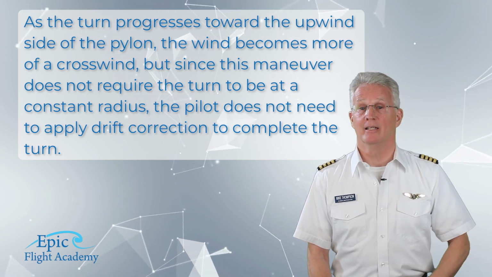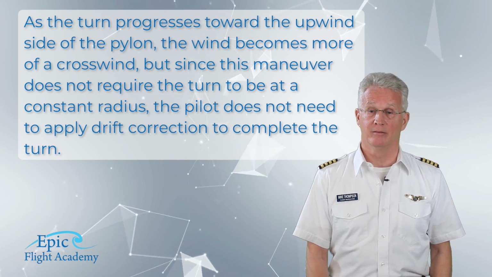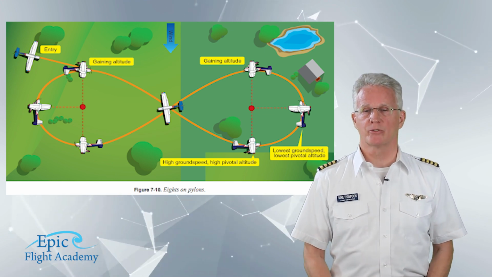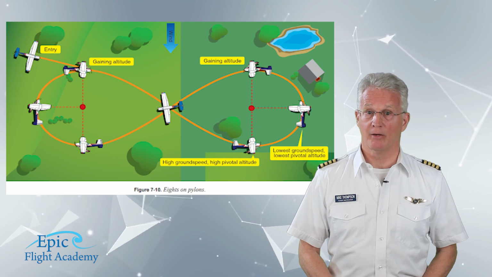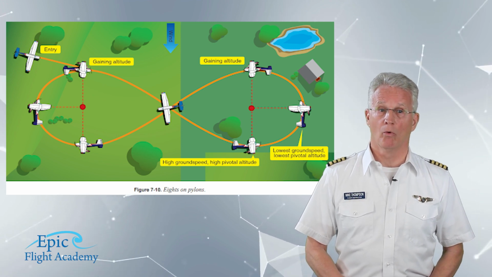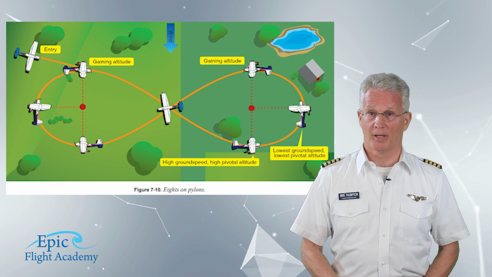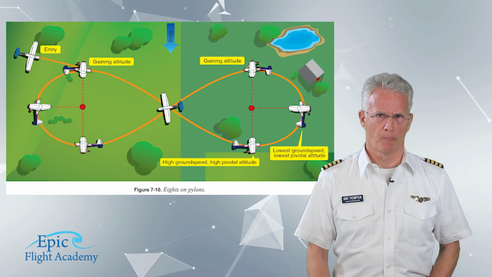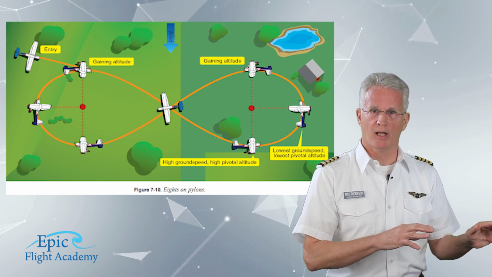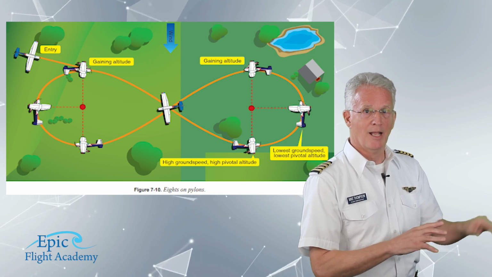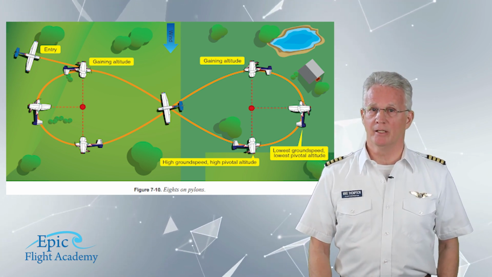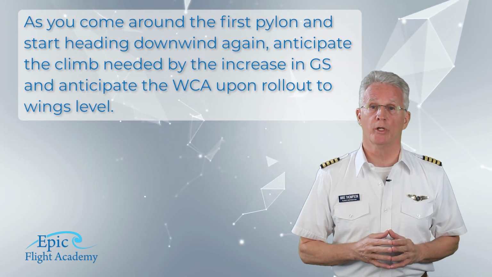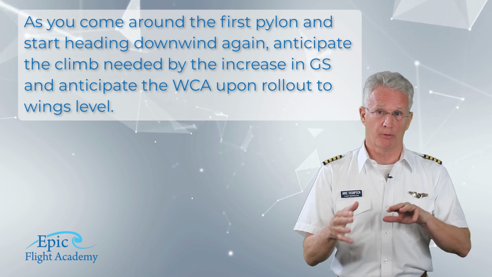Notice again in figure 7-10 on page 7-14 how the radius is smaller directly upwind or downwind of the pylon. So don't worry about the radius. Now, as you come around that first pylon and start heading downwind, anticipate the climb needed by the increase in ground speed and anticipate the wind correction angle upon rollout to wings